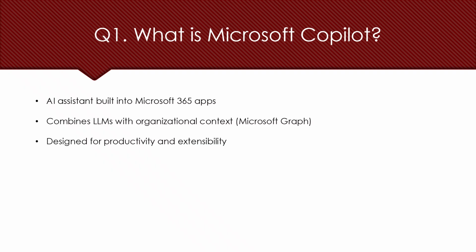The first thing we are going to talk about in this video is related to fundamentals. So, first question is what is Microsoft Copilot? Microsoft Copilot is Microsoft's AI assistant that is embedded across Microsoft 365 applications such as Word, Excel, Outlook, PowerPoint, and Teams. At a high level,